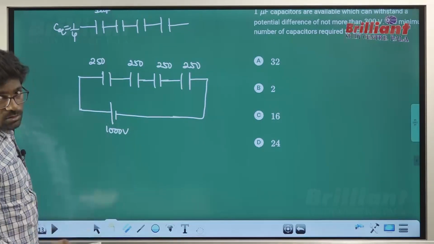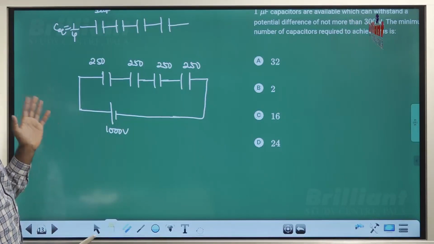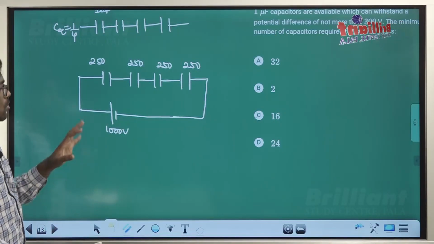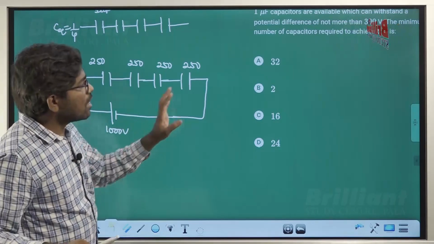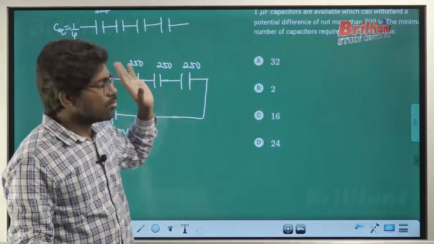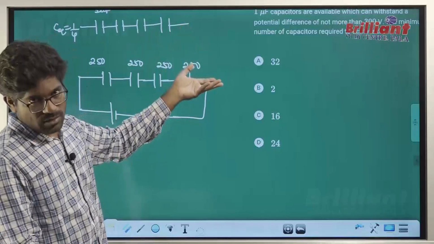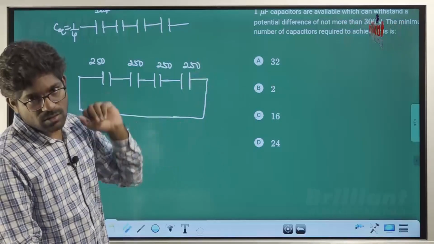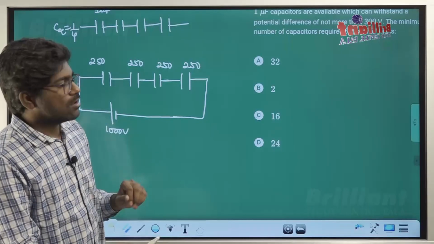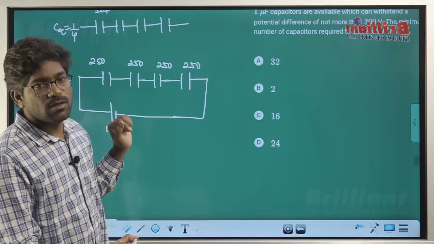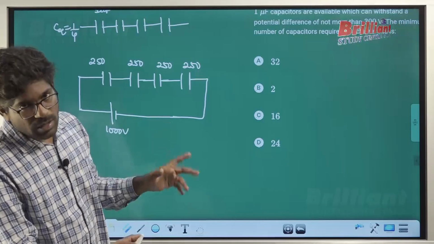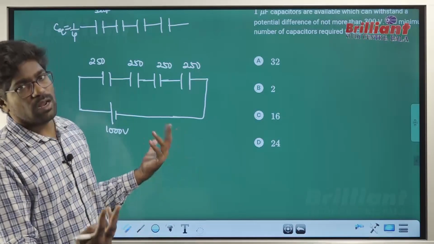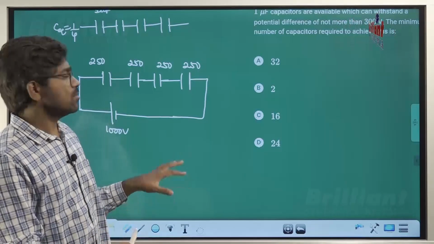Do they damage? No, they are not going to damage. So 4 you have to keep minimum, and they are asking for minimum number of capacitors. So don't try to put 5, 6. You can put 5, 6 in, but the capacitor number will increase. That's not the thing which we need to do here. We need to minimize the capacitors. But that doesn't mean I will keep only 1 capacitor. If you keep 1, then it will damage. 2 also damage. 3 also damage. 4, yes.